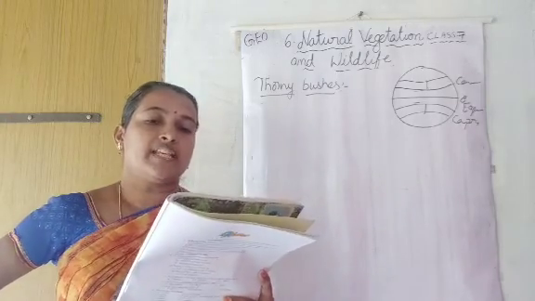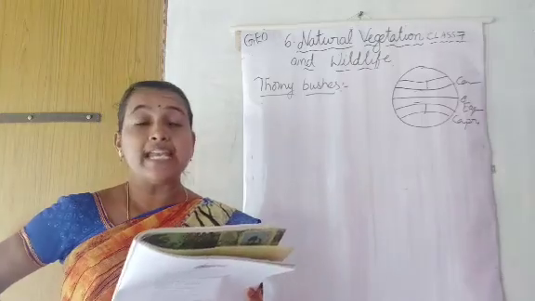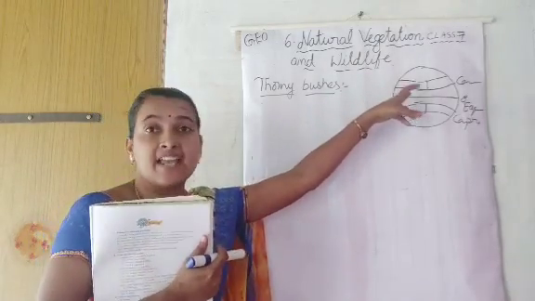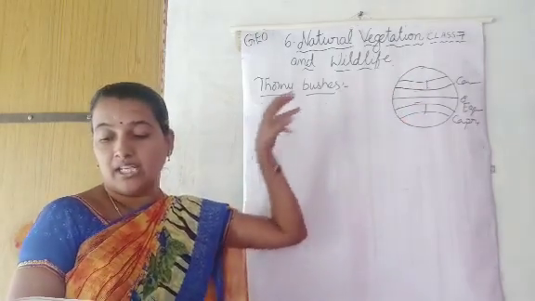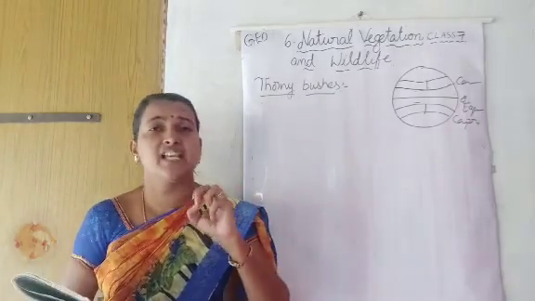The vegetation cover is scarce here because of scanty rain and scorching heat. As this side has very much heat and very little rainfall, here we can find only these thorny bushes. Vegetation is very scarce, very rare.